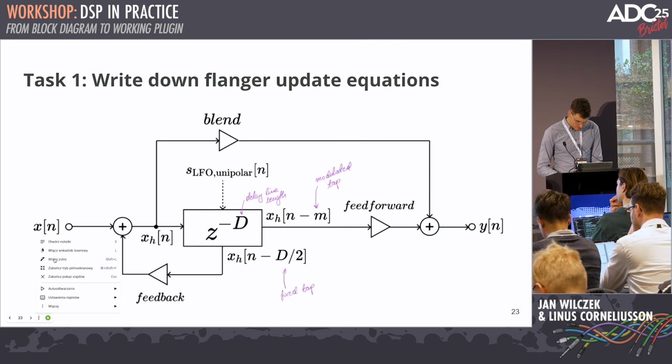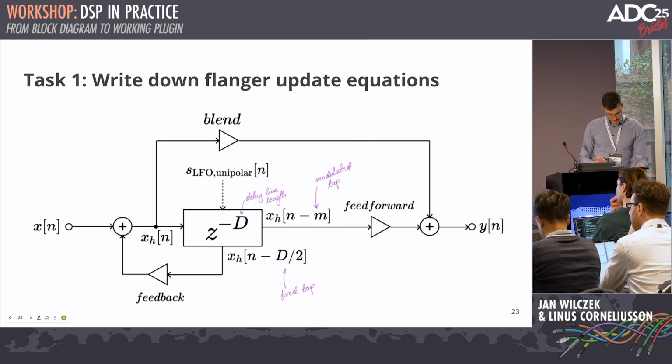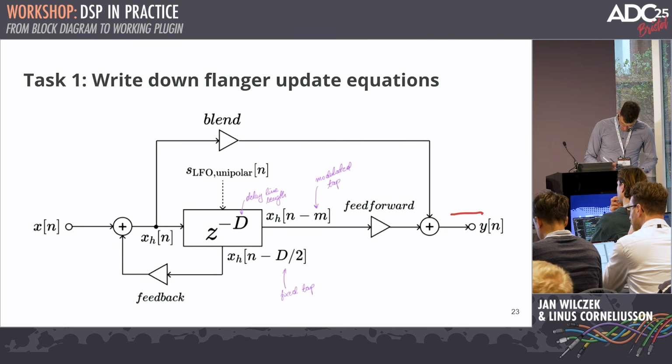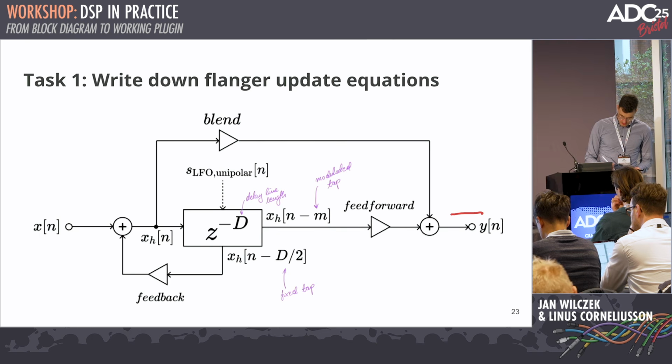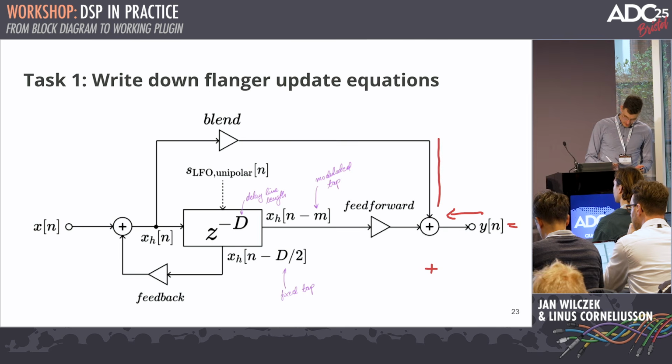I think I'll try to draw, and I see if I can draw here. Perfect. So we start from the end, because we want to write y of n equals something. So we start from the end, and we trace back what goes into the output. Here we have summation, right? So we will have something plus something. And we go one route,